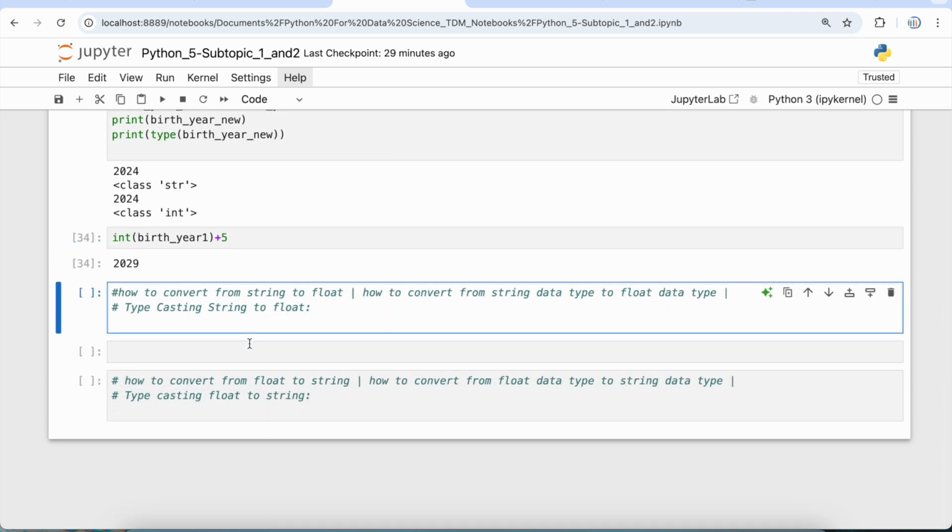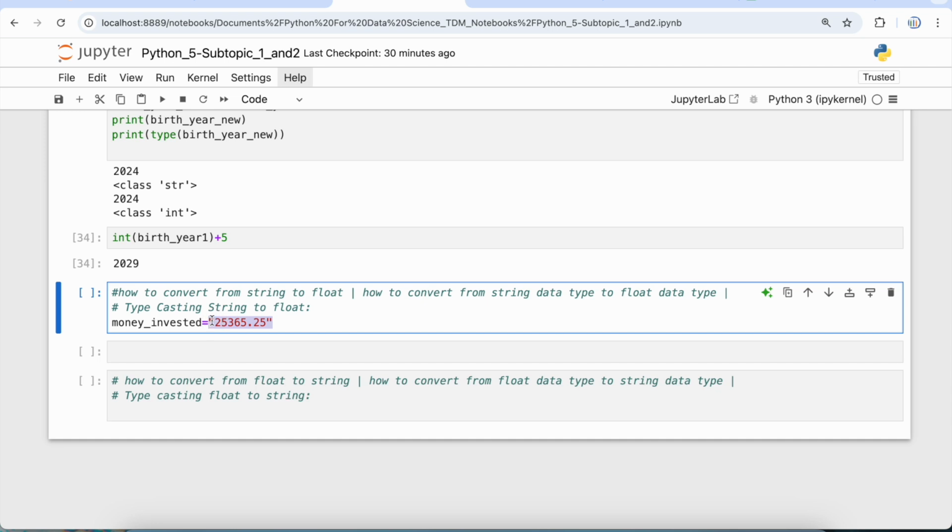Okay, now let's move on to the next example, which is to convert a string to a float. Here we are casting the string data type into the float data type with the help of the float function. Similarly, assume that you have invested some money. So let's say money invested, and let's say the money invested value is 25,365.25. Now, ideally it should be a float value,